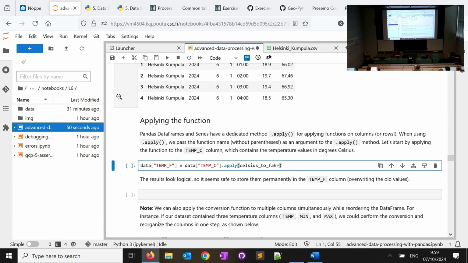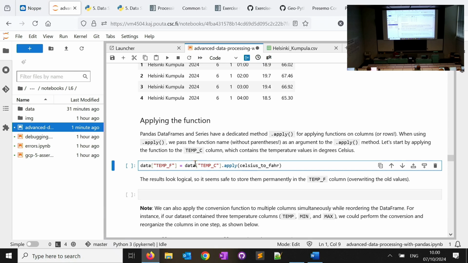Okay, so let's review. Instead of doing the iterrows and looping through the data, you can just quickly do this. It does the iteration automatically, and it's more efficient. Here is the name of the column in which I want to store the new calculations, and this is the input, and on the input I'm applying a function, and the function can be anything. In our case, it's the function we just defined.